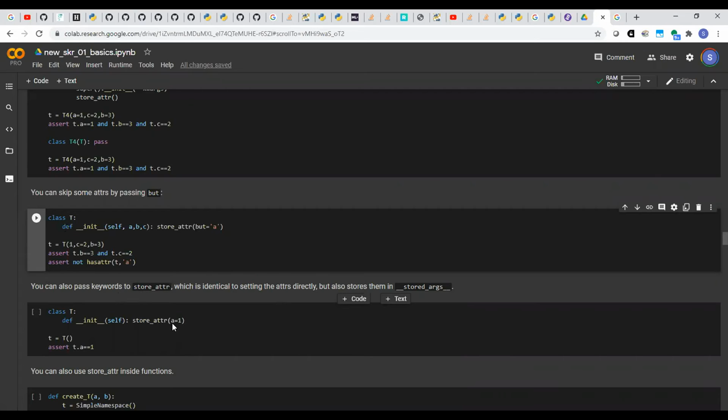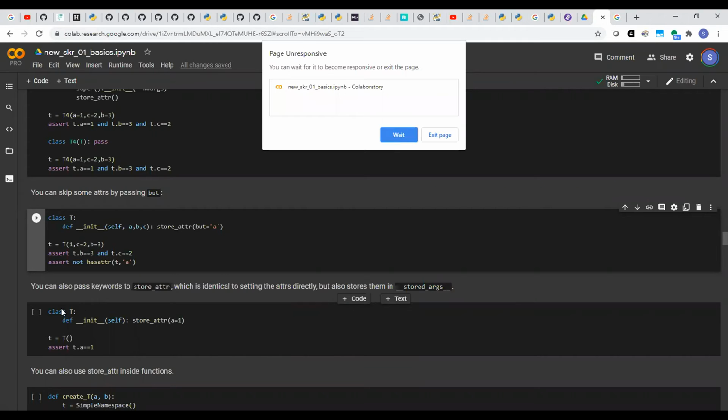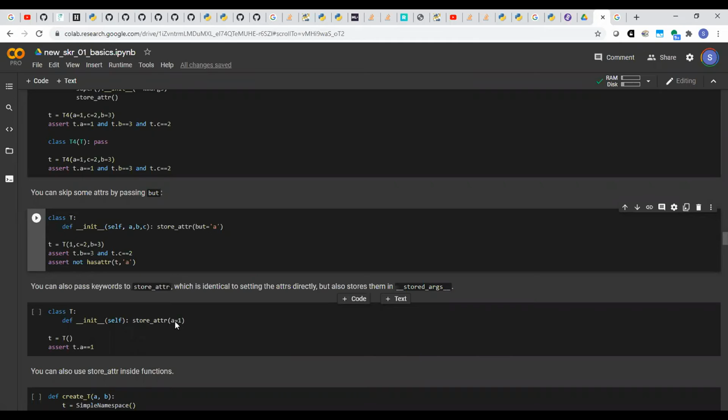So this is different, if you recall, this different way of passing attributes into store attra, right? Than passing in a string. So another way of passing in attributes to the class is to pass in keyword arguments to store attribute. So various things you can do with stored attribute, right? Just to quickly off the top of my head summarize, you can kind of give it a string which will